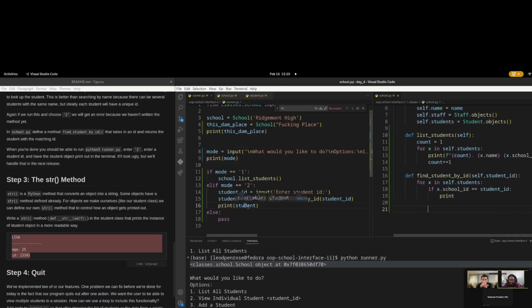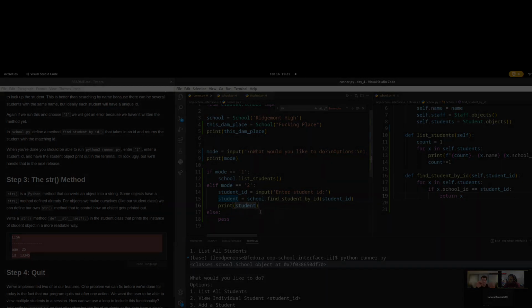But if I got that student back, this won't do anything, this is just going to be a print statement at that point. But if you return it, you're returning the actual object that we found. So now I'm going to store that object into student, and then I'm going to print it anyway. But that was up to me if I wanted to print it. I could have literally just added it to a list too. So we're